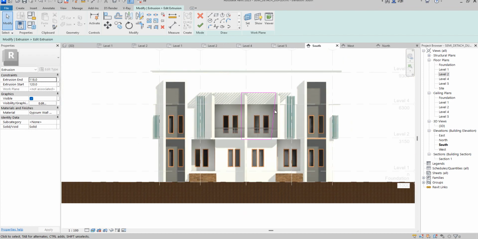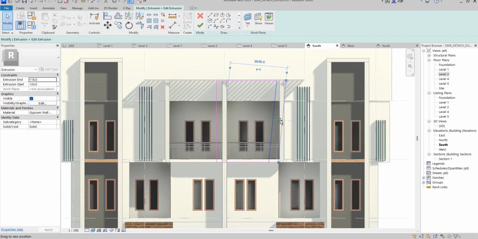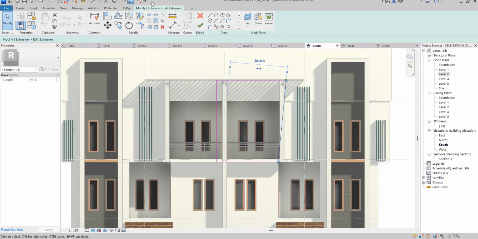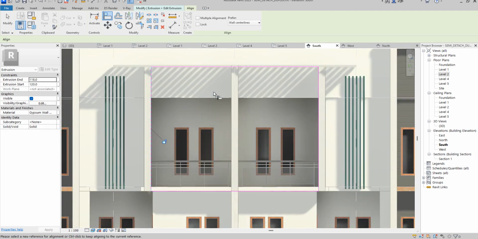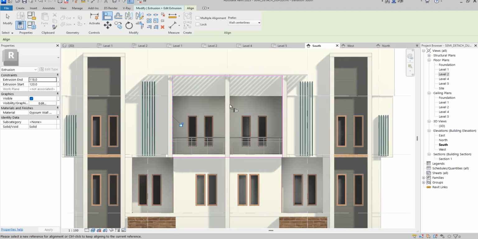So here you just extend it or delete or align. It's a flexible thing that you can work with. So align it, then align with this one. When you do the alignment, it does the upper part, which is going to be within the inside aspects. You can decide to remove it and bring it low, but when you want to do section, it depends on you when you are doing your construction work. If you don't want to see that, you know how to hide them and do whatever you want to